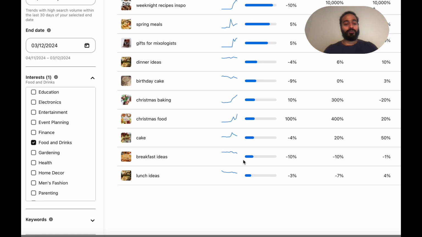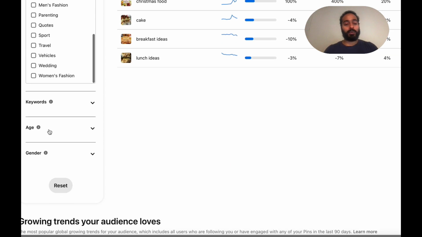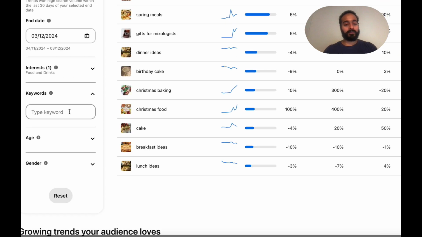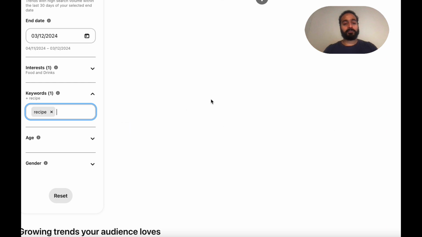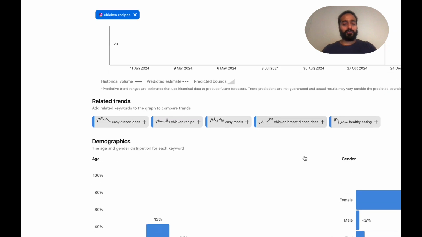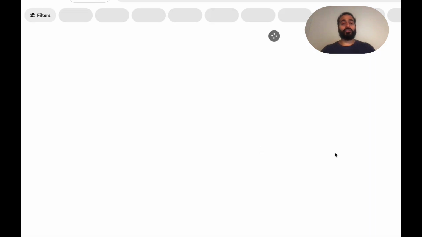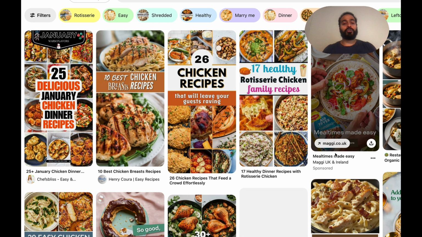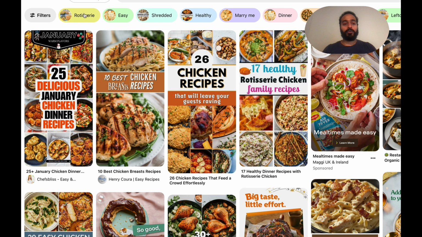So we're going to put in recipes actually. We'll put in food and drinks and we'll type in recipes here. And then we'll take a look at some chicken recipes. That seems to be quite popular at the moment. Let's scroll down and then we'll go to what some of these chicken recipes look like. And then we're going to try and find some really cool associated keywords. So we'll type in a few of these bubbles at the top. So we'll type in maybe ground